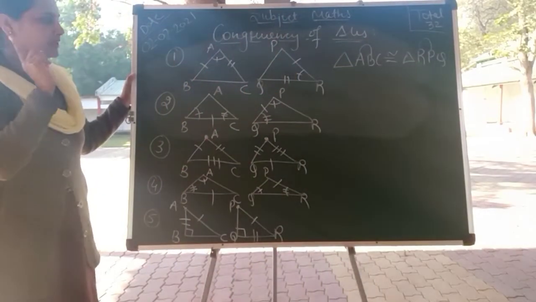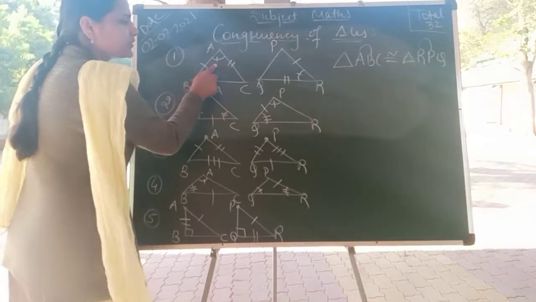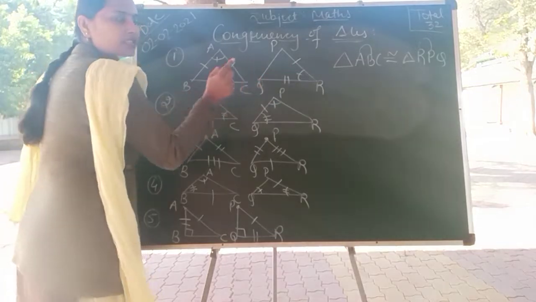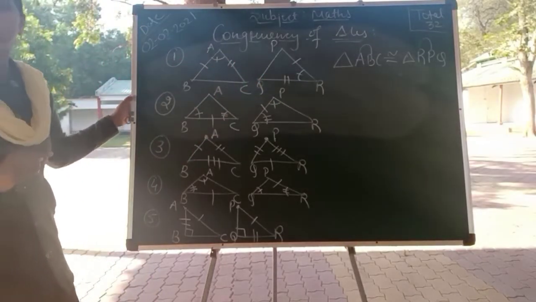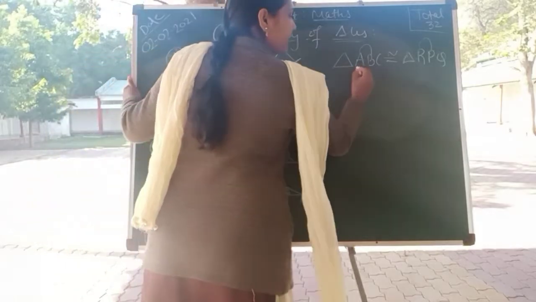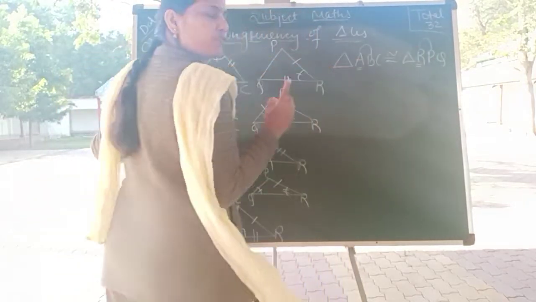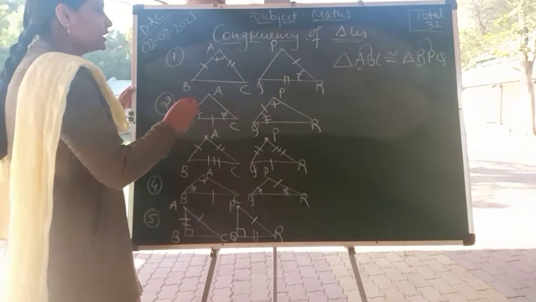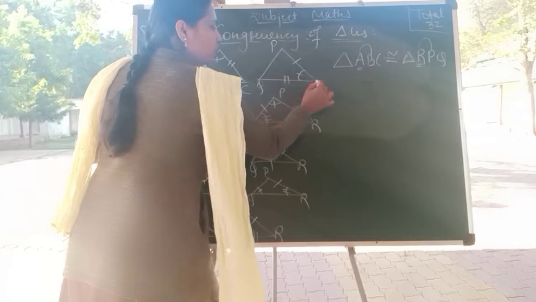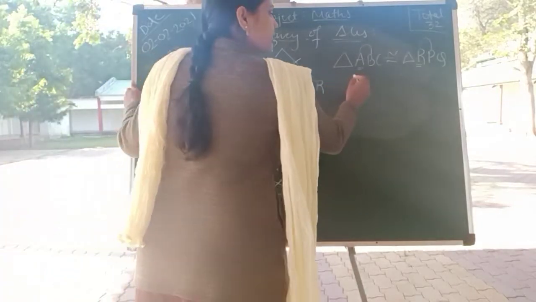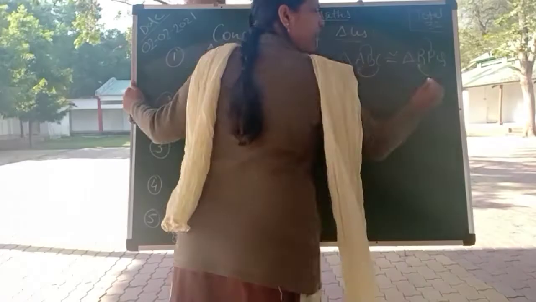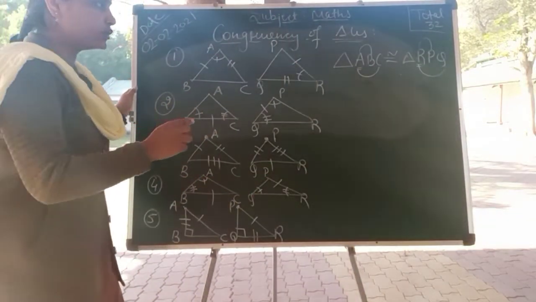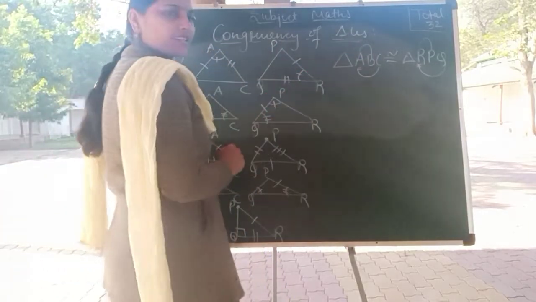First two, AB, PR. Okay, next is angle A is equal to angle R. Angle A single cut with angle R single cut, it means angle A is equal to angle R. Angle A is here, angle R is here. First position they have got, corresponding parts are correct. Now third, AC is equal to QR. So let me check, AC is equal to QR, correct? So it is following the correct corresponding parts, therefore this symbolic form is correct.